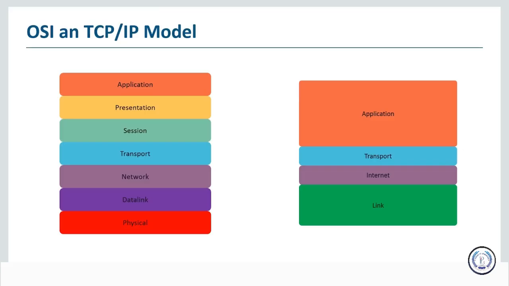Now let's move on to the TCP IP model, which is on the right hand side. And you'll notice that there's a really big difference here. That being that there are only 4 layers in the TCP IP model as compared with the 7 layers of the OSI model. Now we have the network access layer, the internet layer, the transport layer, and the application layer.